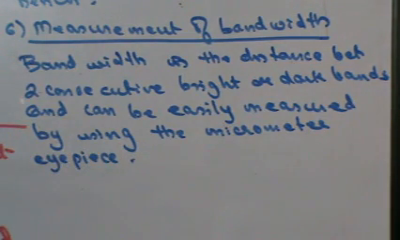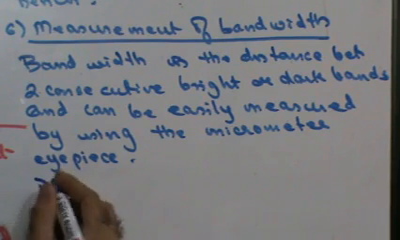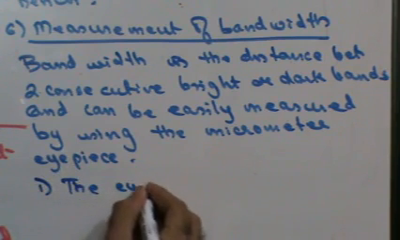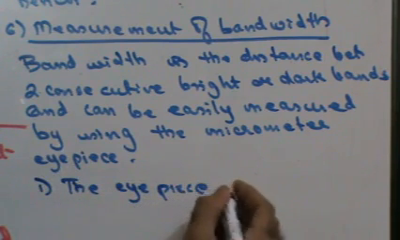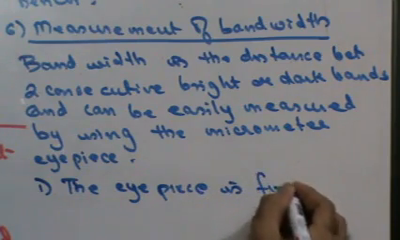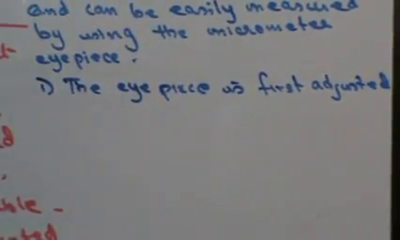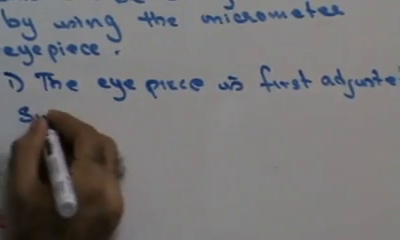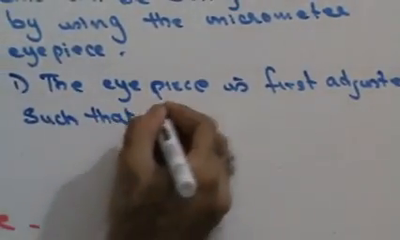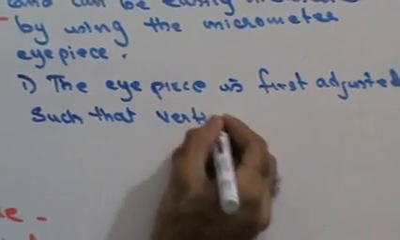How? The eyepiece is first adjusted such that the vertical cross wire coincides with the first bright band at the end of the interference pattern. How do I do this? I'll say that the eyepiece is first adjusted such that the vertical cross wire